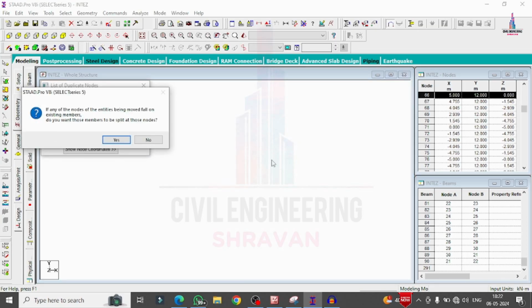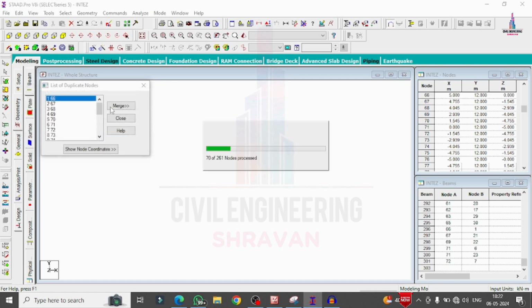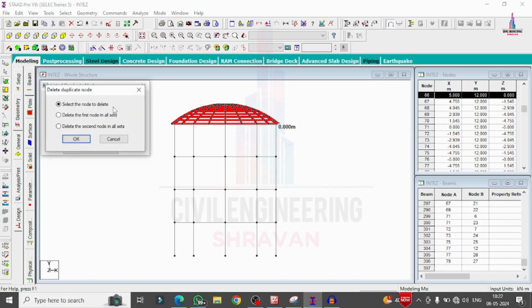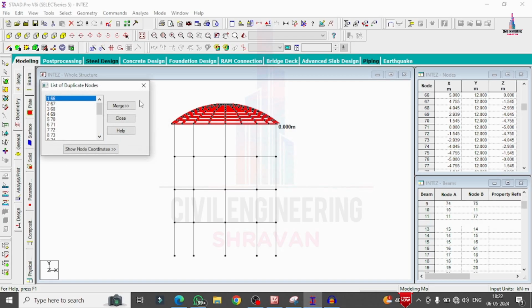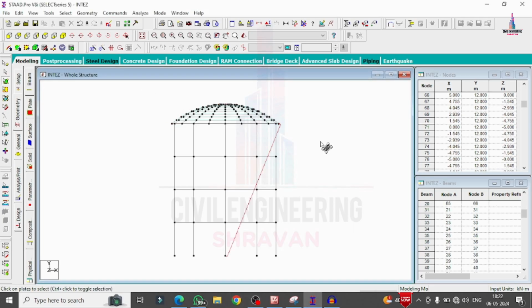Duplicate nodes are nothing but this: for the particular section of the ring beam, one node point was created, and for the particular section of the bottom dome, another node point was created. Merging two node points will not be possible in StatPro software. That's why it asks to delete the first node or the duplicate node. Click on the S option, so you can select the merge model here. After this, it will ask you to select nodes to delete: delete the first set of all nodes or the second set of all nodes. You can delete the first node or second node, depending upon your consideration. Here I am considering only the first node. Click on OK. Click on the S option, so that it will delete all the models related to the node points.